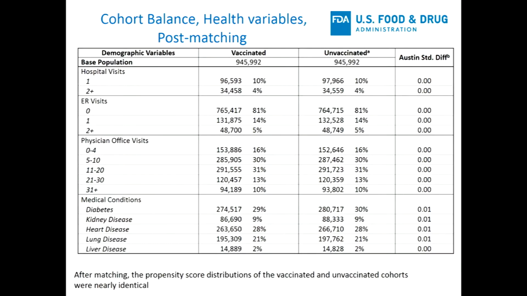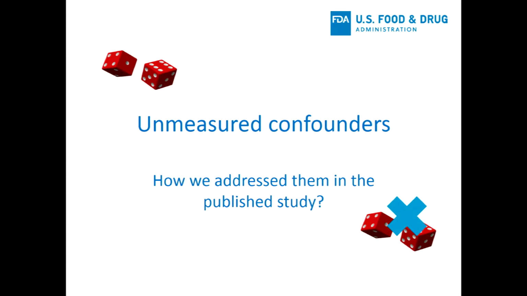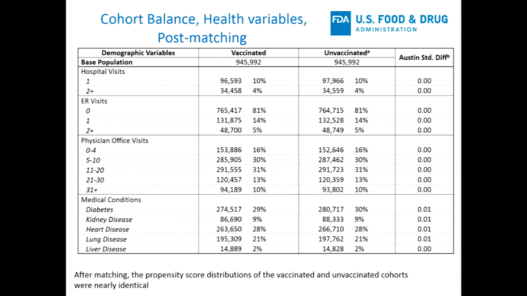So we also created a number of covariates that I insisted my team work with, which is what happened the previous year. How many hospital visits, ER visits, physician's office visits, things that have to do with health-seeking behaviors. And as you can see, the Austin standardized mean differences are almost zero for everyone. So among all the covariates we analyzed, and I'm not going to show you all of them, the standardized mean differences were 0.03 or less. So we really had a wonderful cohort, well matched.